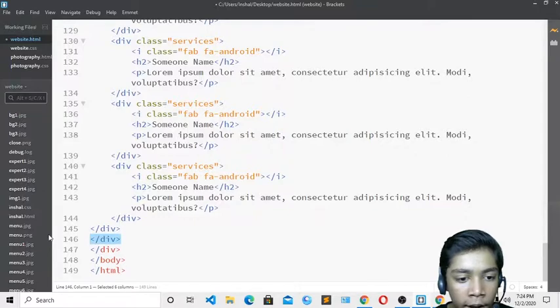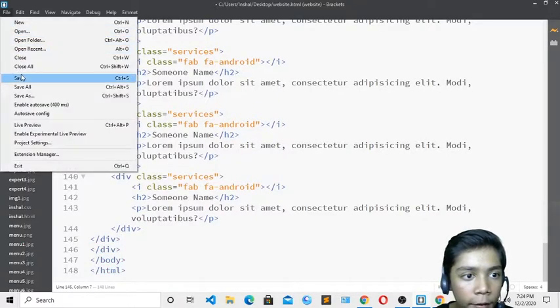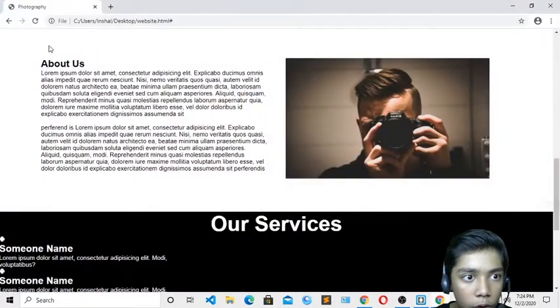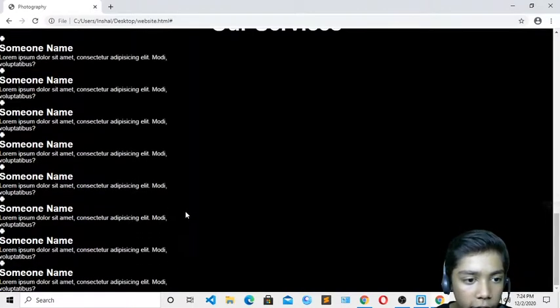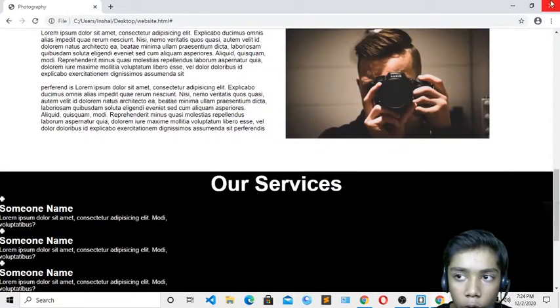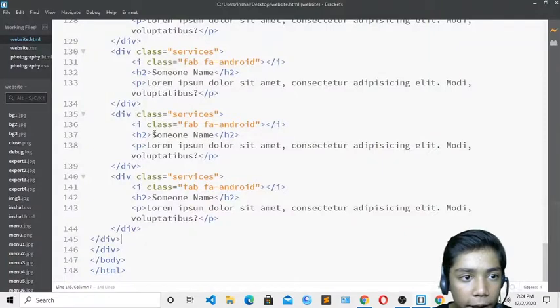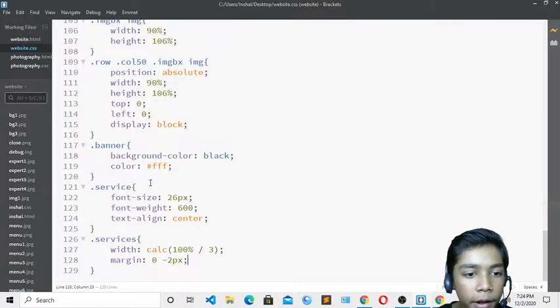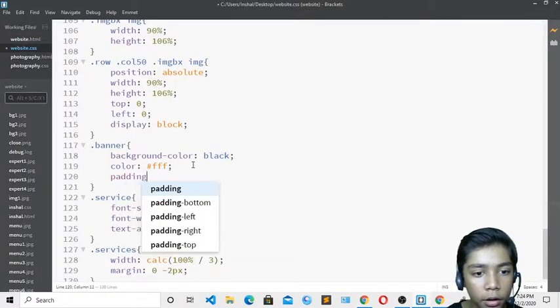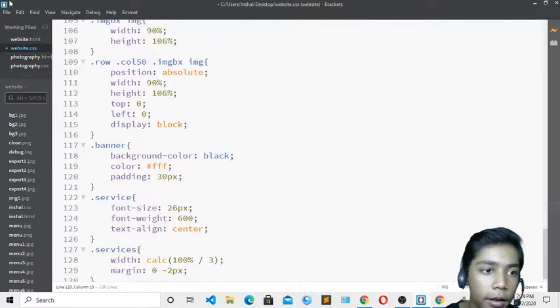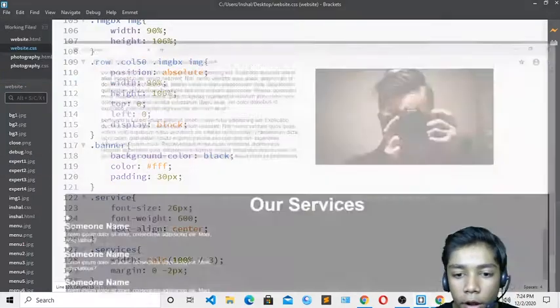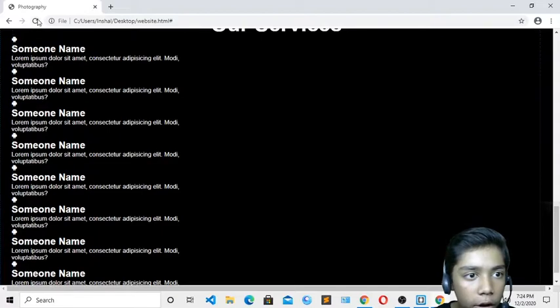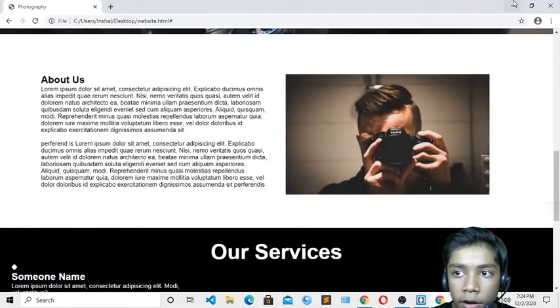Okay, and I will just erase this div from here, and if I now save and show you, so now hit refresh, so now it is looking good over here. Now I have to do one thing over here, I should give it the padding also. So I will come over here and write padding 30 pixel from everything. Save, and now if I show you, you can see now it is good enough. So now it is just done over here.